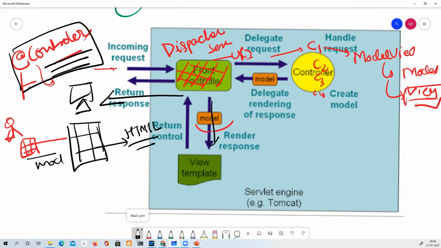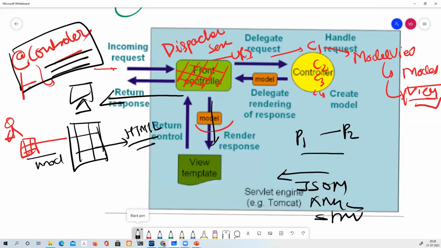Now the challenge is that sometimes, specifically when you are dealing with program-to-program communication or web services, like a REST endpoint or RESTful services, you don't need an entire page. Instead, you need a piece of information in the format of JSON or XML, or a simple string. So the controller alone was not able to do it. So how are we going to do it?